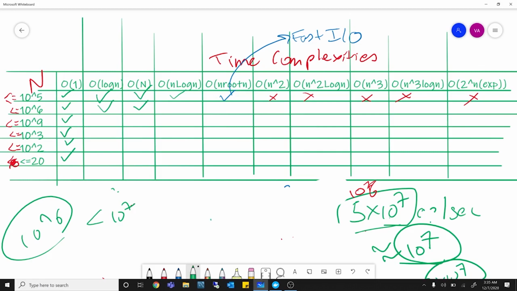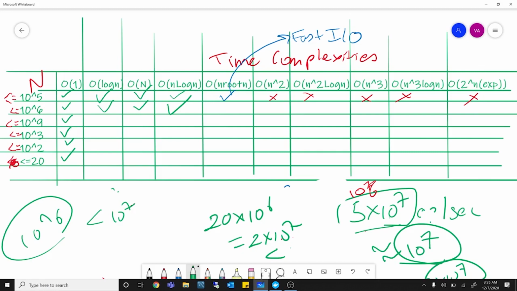It will be something like 20 into 10 to the power 6 at best, which is 2 into 10 to the power 7. In fact, it's going to be lesser than that, and this is a valid complexity. All right. Because it is only crossing a bit, and it is not going to 2 into 10 to the power 7, it is less than it. So I don't need a blue tick here. I don't need fast input output. This will still be valid.